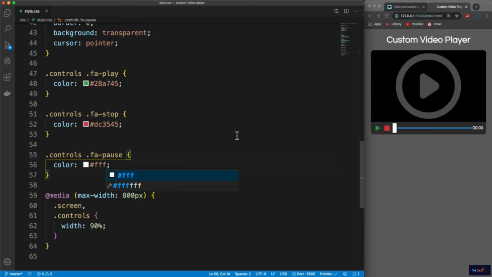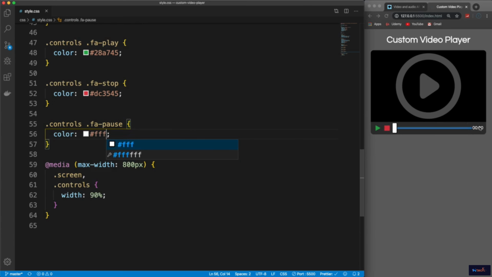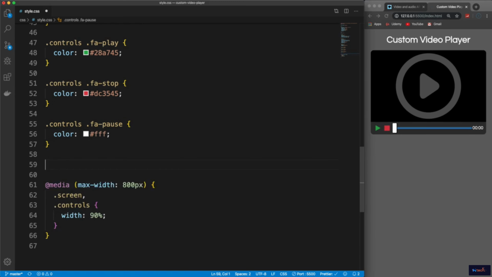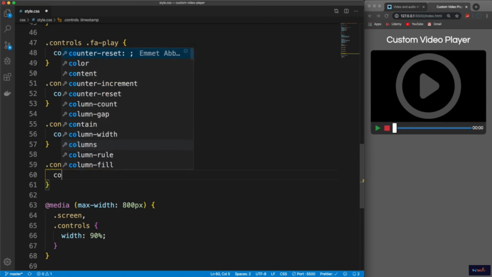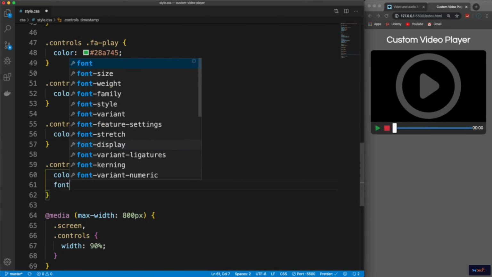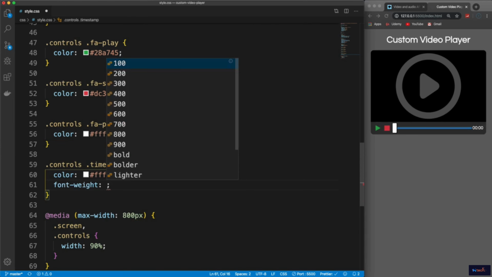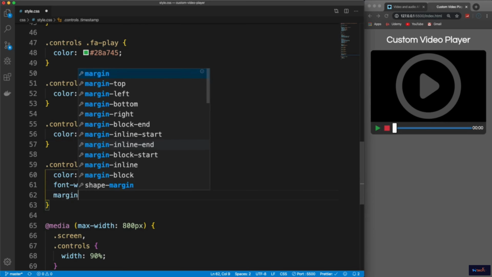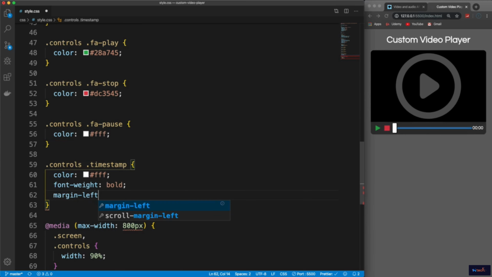Okay, now lastly is the timestamp here. So let's say, basically, I'm just going to make sure that the color is white, and I'm going to make it bold, so font weight, set that to bold, and I'm also going to add some margin left because you can see it's very close to the progress bar, so we'll just do 10 pixels left and push that out a little bit. Okay, so I think that looks pretty good, and if I make it bigger,